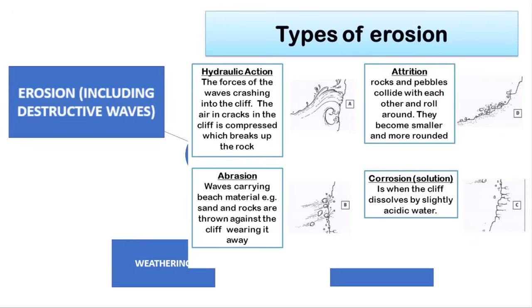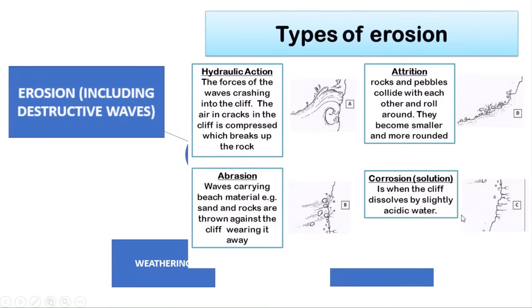Erosion, you may have heard me or another teacher saying hydrographs. What we mean is, it's just a short way of remembering the 4 main types of erosion at the coast. Hydraulic action, which is the force of waves crashing into the cliff, compressing air, breaking up the rock. Abrasion, where waves carry beach material and sand and rocks and throw them against the cliff, wearing them away like the sandpaper effect. Attrition, which is where pebbles and rocks collide with each other and break into smaller pieces and become more rounded. And corrosion or solution, which is the one we use, which is when cliffs sort of dissolve